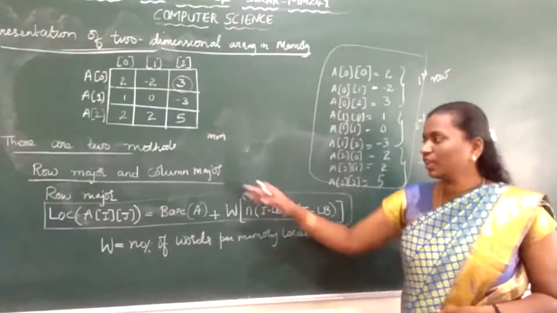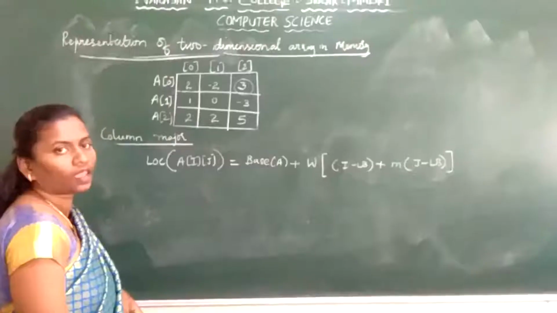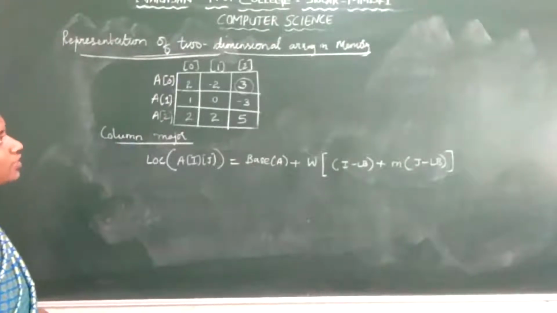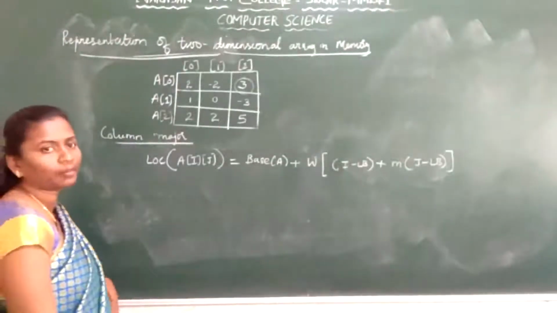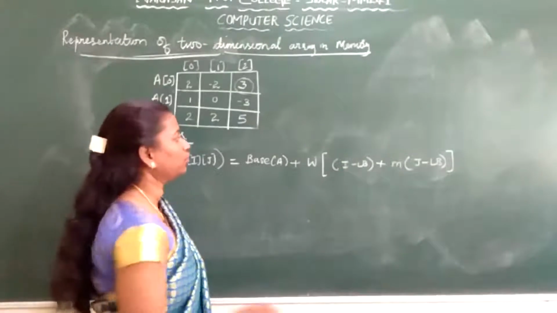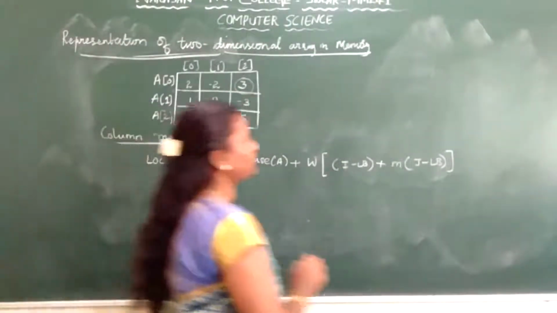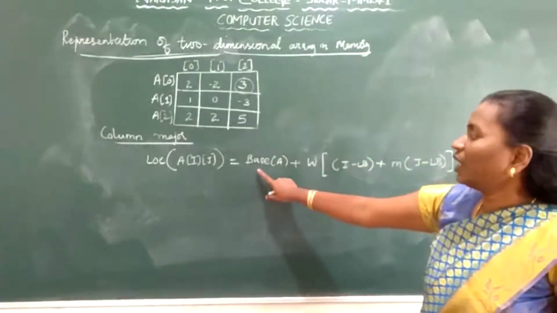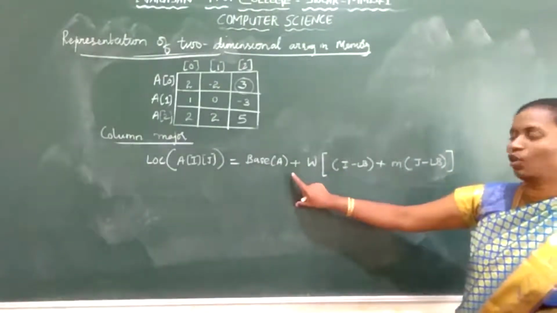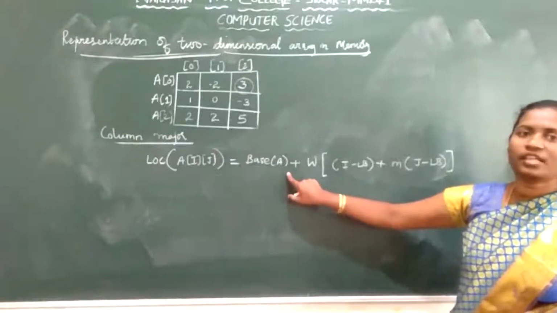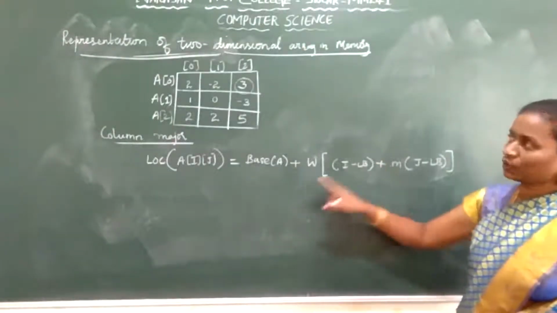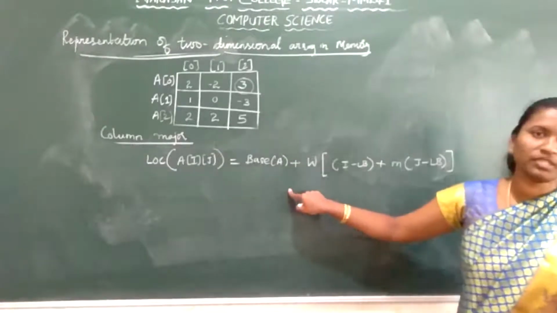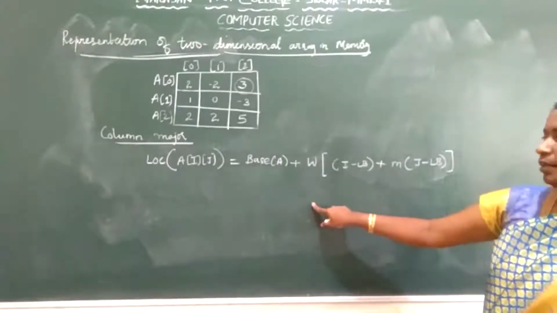Next we'll discuss the column major. So how to do the representation of a two-dimensional array in memory by using the column major method. In the column major, again I've considered a matrix. To find the location of A of I, j, you need to note down this formula for the row major and column major. Once I discuss this column major, we'll go to solve the problem. One problem we'll solve in row major, and the next problem we'll solve in column major.